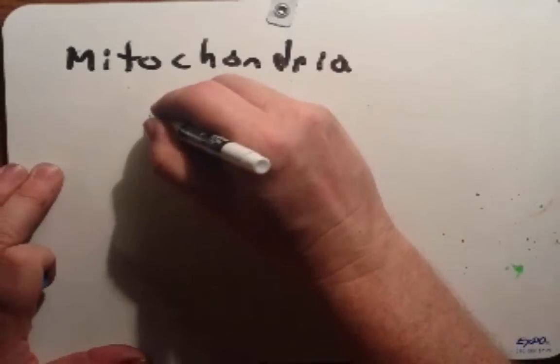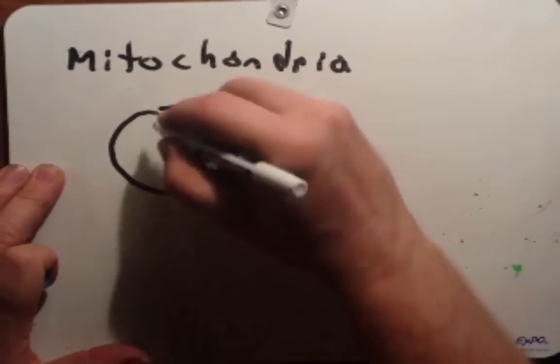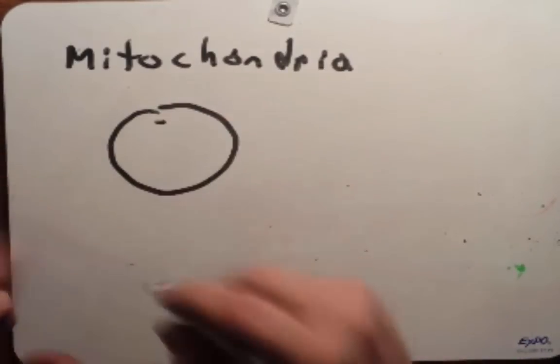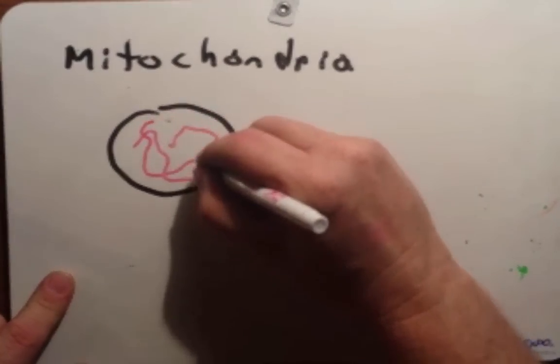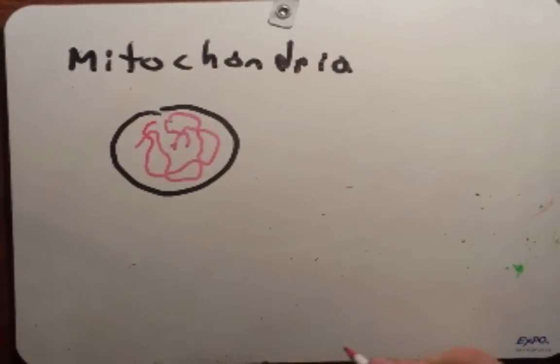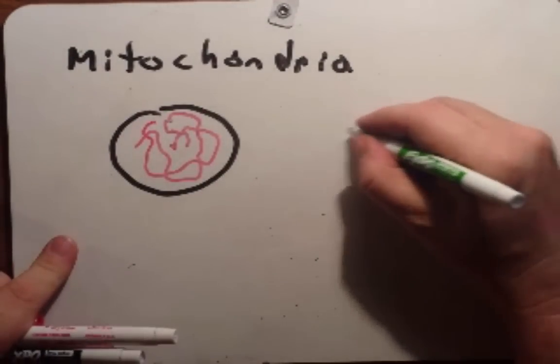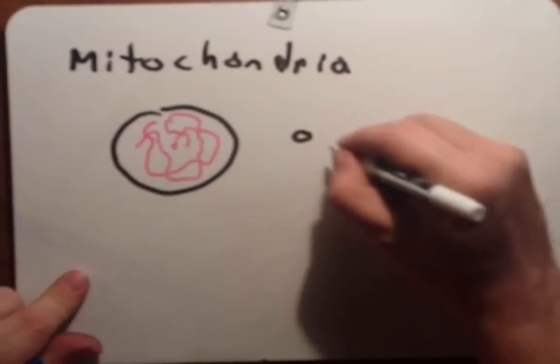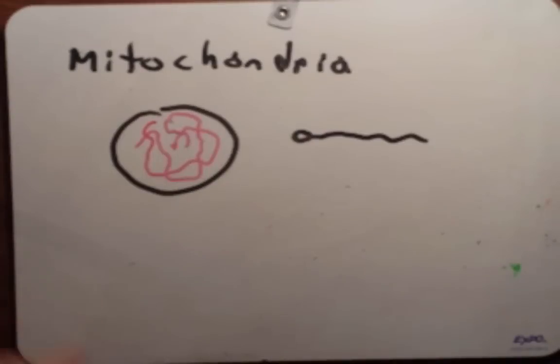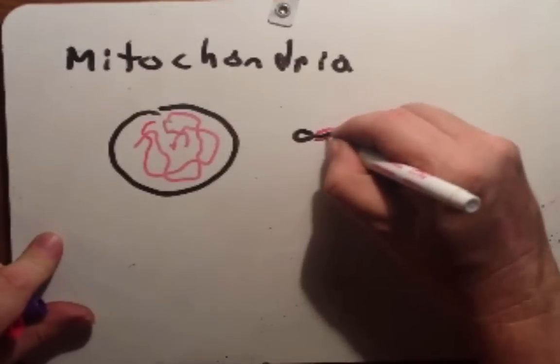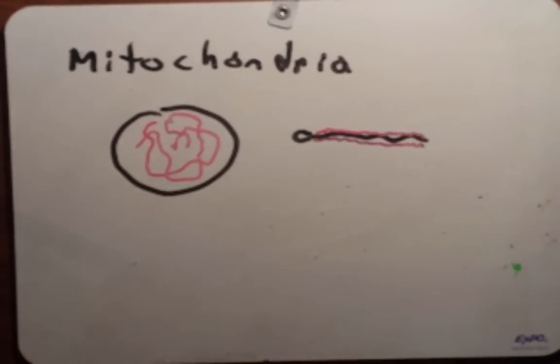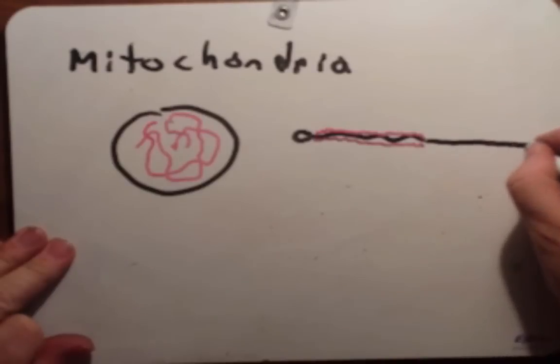Now the same thing happens in humans or other placental mammals. So, mitochondria. During fertilization we have our egg here, and I'm just going to draw the mitochondria like so. Despite popular belief, the mitochondria is tubular shaped and not oval shaped, and so it might look something like that. The sperm will come along, and the head of the sperm has no mitochondria in it. But within the tail of the sperm, that's where the mitochondria is. That's what gives it its power for movement. And it's not really along the whole tail, it's really only along the first third of it, so let me make the tail a little longer.